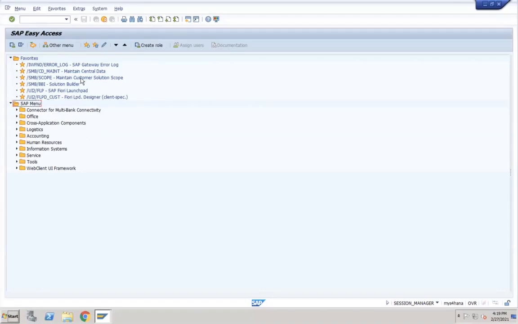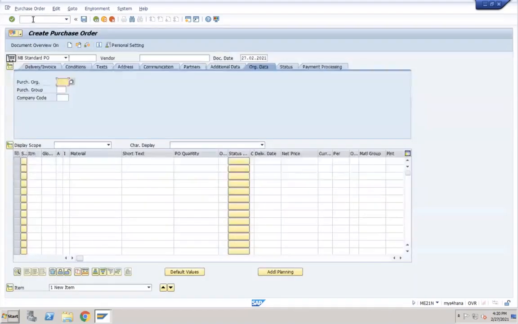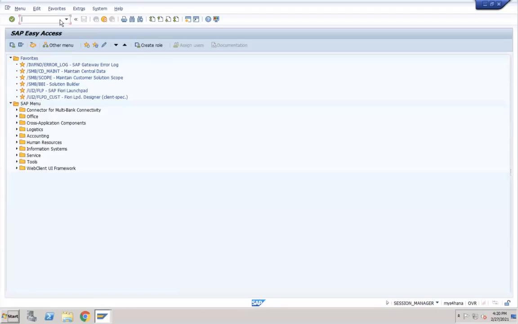Okay, so here also we need to remember all the T codes, right? For example, if you want to create a purchase order, this T code, ME21N, we need to write. Here you can see multiple things are there. We need to remember, and all these things we need to enter, right? Multiple fields are there. For each we have different T codes. We need to remember all these T codes. But in